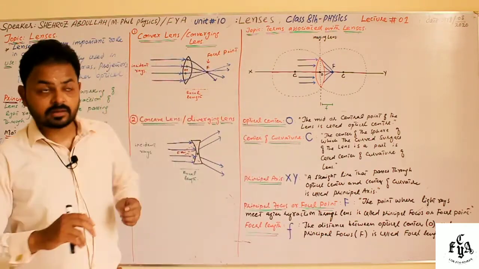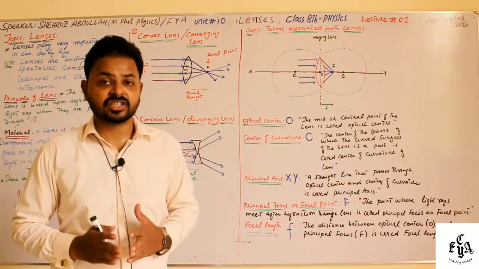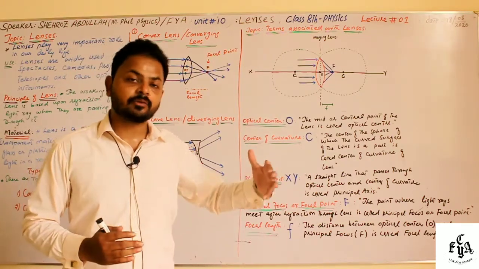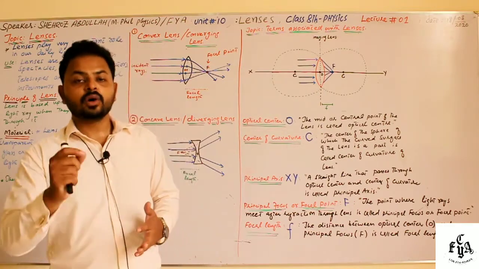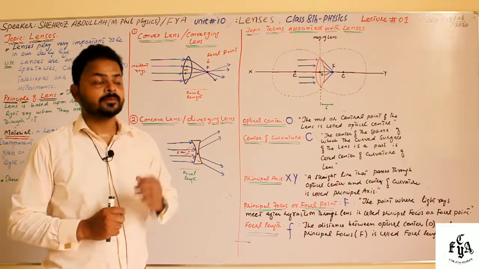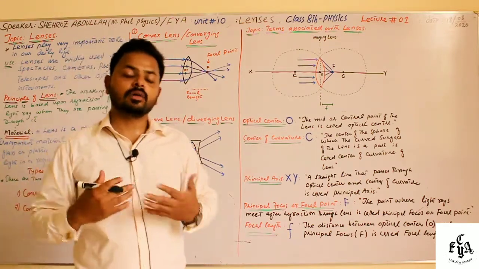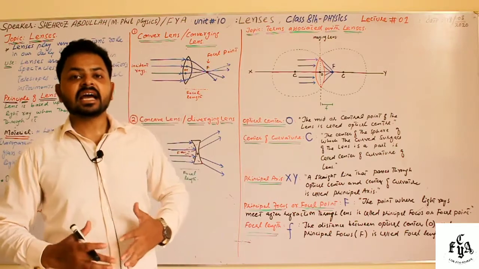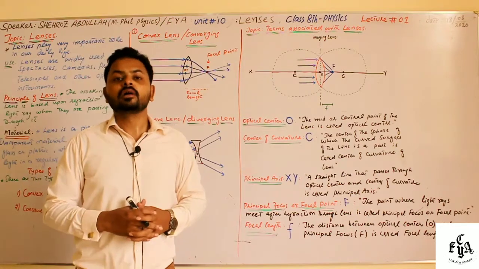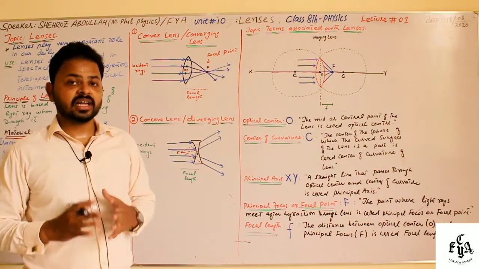Then we come to understand what a convex lens is. The second name of the convex lens is converging lens. Why is it called a converging lens? Because when light rays fall on a convex lens, after refraction they gather or assemble at a single common point. We can call the convex lens a converging lens because it has the ability to converge the rays of incident light falling on it.